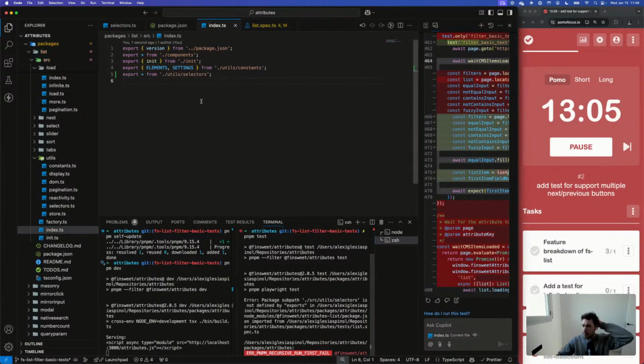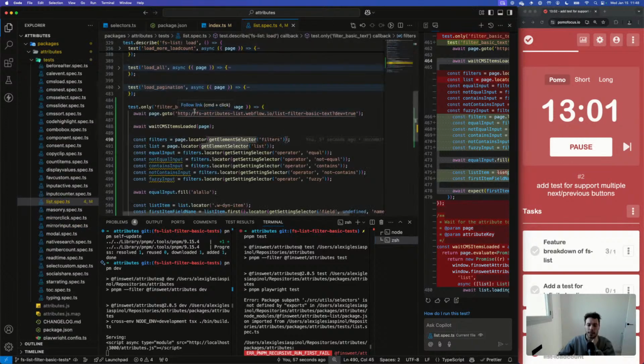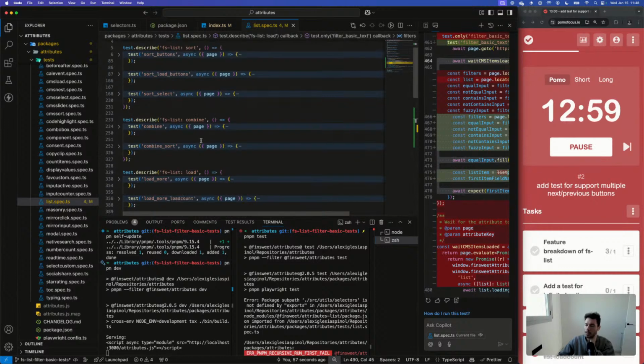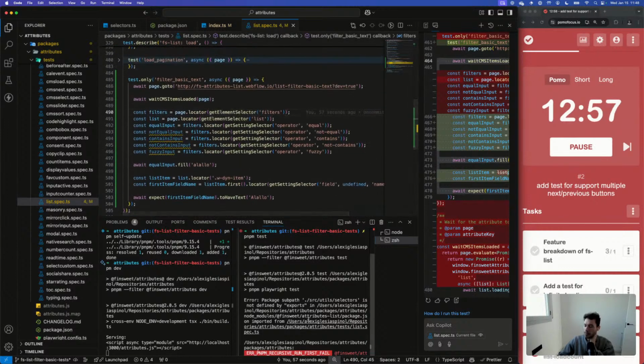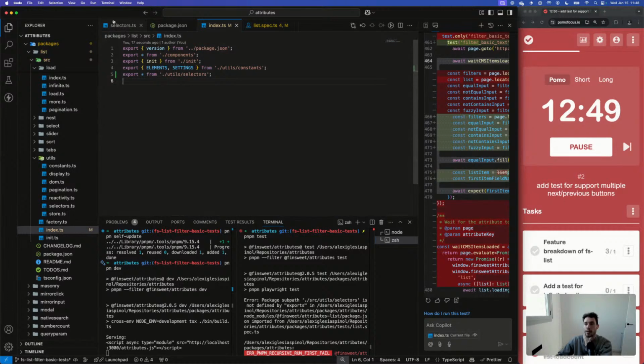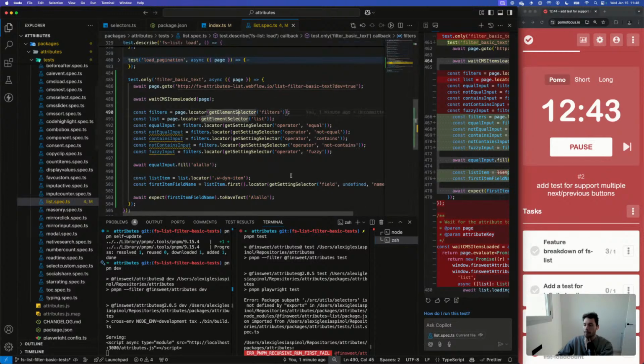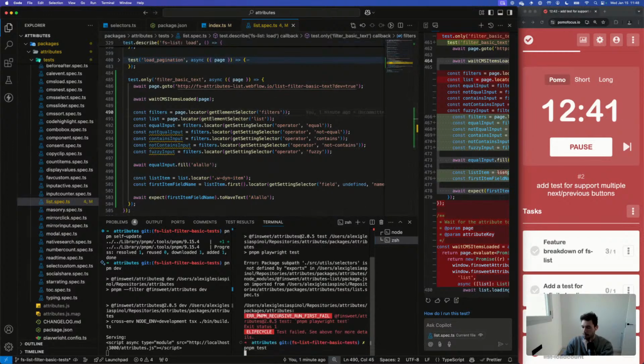Let's try it again. So essentially, when I was trying to consume this from inside the test file, it's complaining that the package, because we're using a monorepo with many packages, was not exporting these selector helpers.